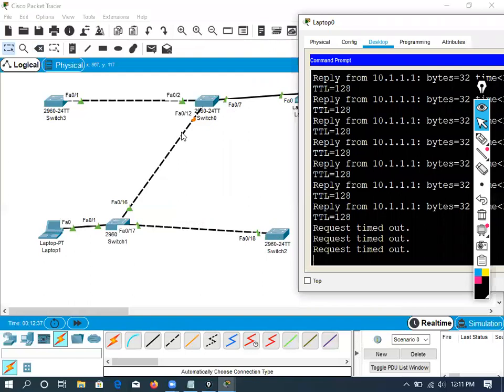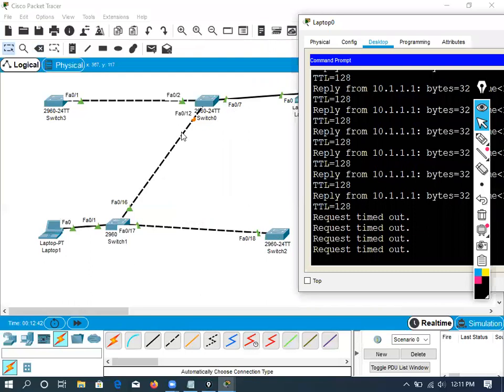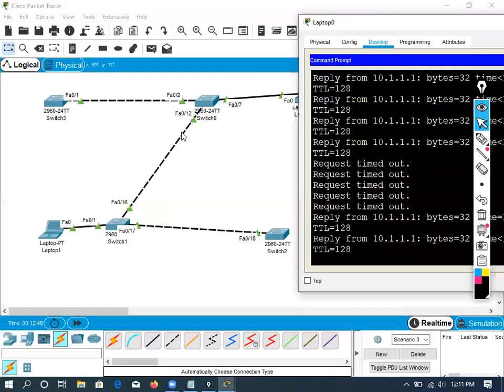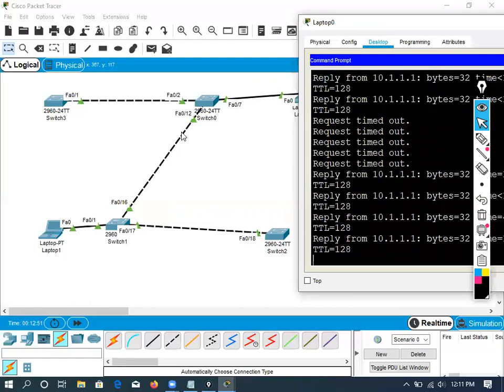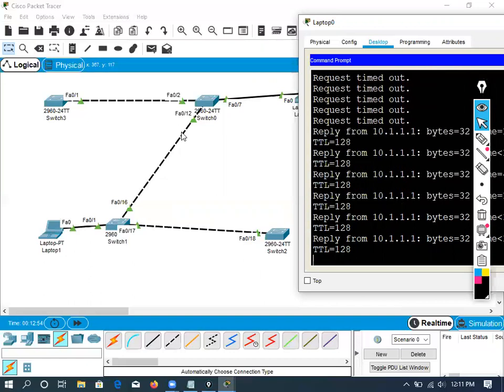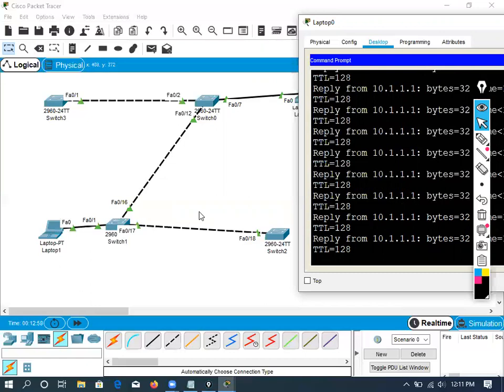That's the problem we have with STP. But even the aging time was 20 seconds. Yeah, aging time was 20 seconds, so it will be within 20 seconds. 15 seconds for listening, 15 seconds for learning. Minimum it will take 30 seconds. Now it is a small scenario, so within a second it will bring the link up. So the minimum time will be 30 seconds. If it is a huge scenario, then it may take 5 or 10 seconds extra. That's why we used to say up to 20 seconds. Clearly understand? Got it right?